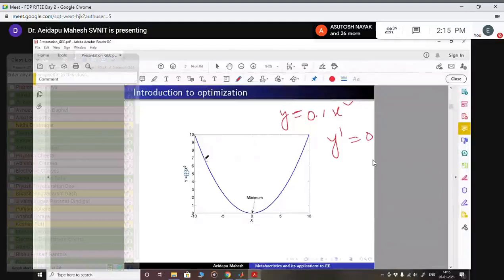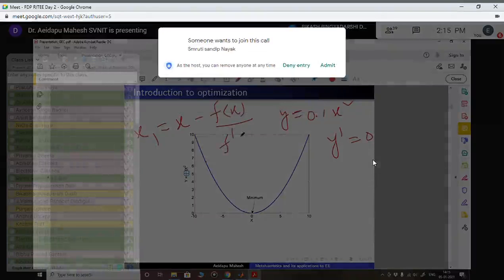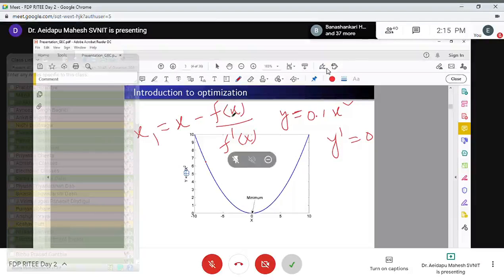By using numerical methods. You have the Newton-Raphson method. You will take some initial guess, and then you will find x1. The next value, x1, is x minus f of x divided by f dash of x. So you will use this formula, substitute this x value, find f of x, find f dash of x. Then again, you will find the updated value, substitute x1 here, and repeat the same process